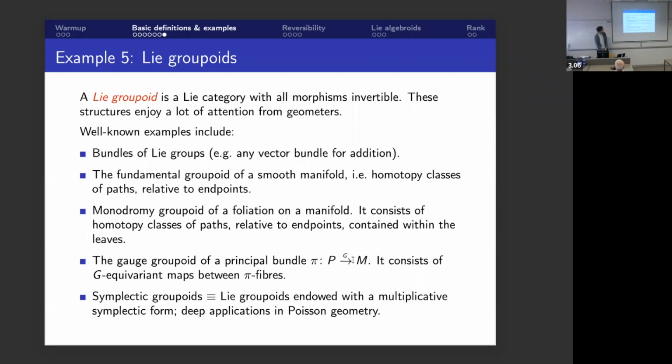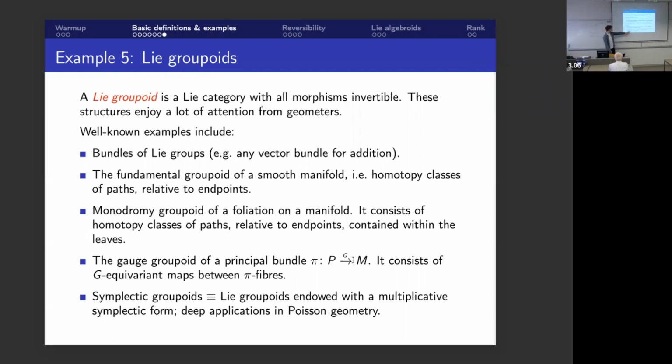If you're given a principal bundle, you can consider the set of all G-equivariant maps between the fibers of a principal bundle, which is kind of imitating what was happening before with the endomorphism bundle of a vector bundle. So we are taking the endomorphisms, but only fiber-wise, in a certain way. And for the last one,